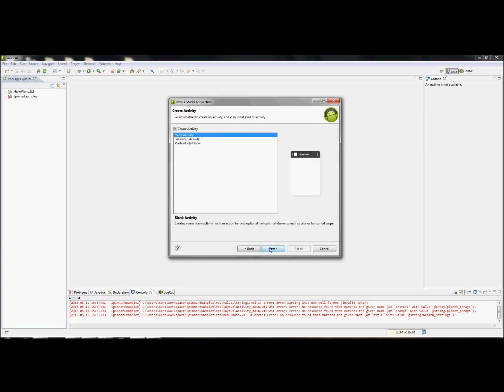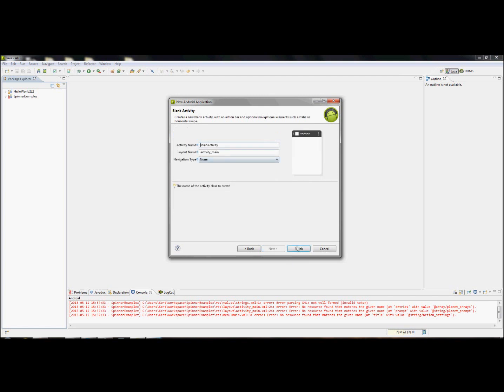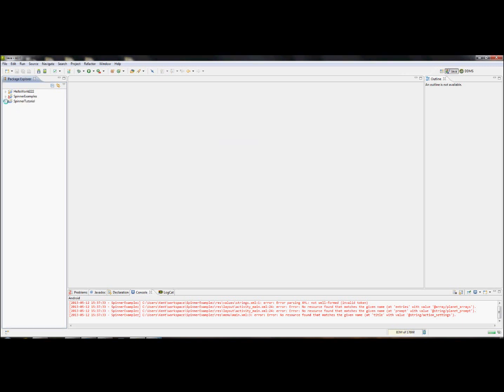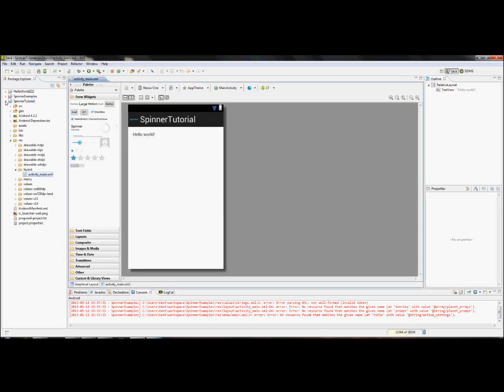Then we're going to click next again. And finally, we can leave it as a blank activity and next. And we'll leave all this the same as well. So we're just going to go finish. Wait for it to load. Alright, now once we create our project and it's finished loading, we're going to go down to resources, activity main,